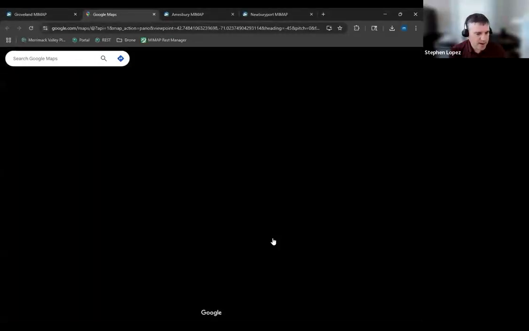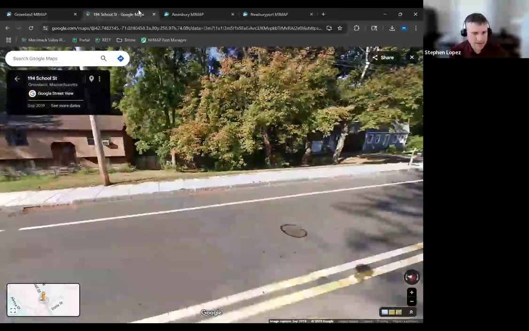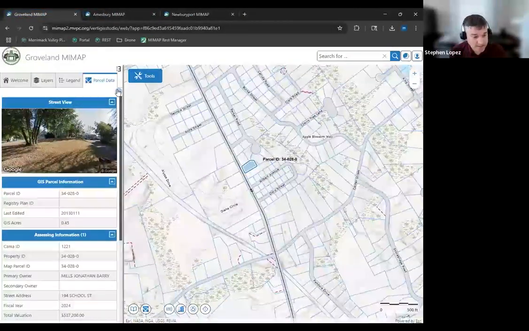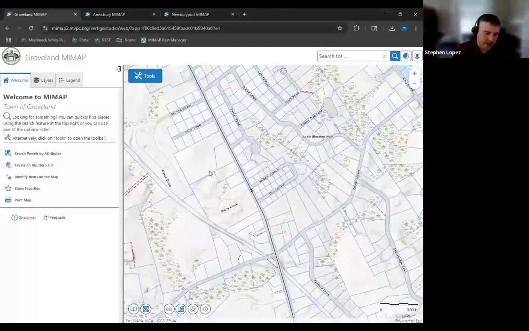The other piece to bring up as we're speaking about Google Street View is one piece of functionality you'll notice we did not demonstrate this time around, which was the integration of EagleView. That is something that should be forthcoming. It's sort of out of our hands. EagleView currently is working with Vertigus. EagleView is the vendor that procures the imagery on behalf of our region, which they've been doing since 2001 or 2002, which is really phenomenal.